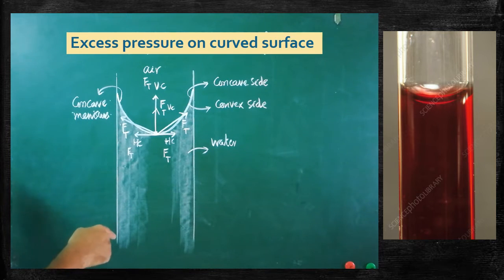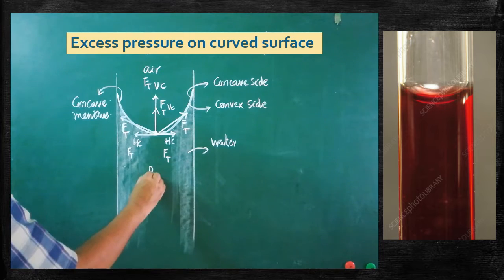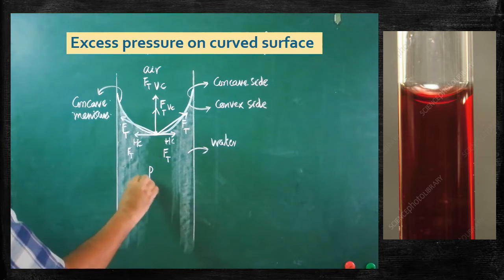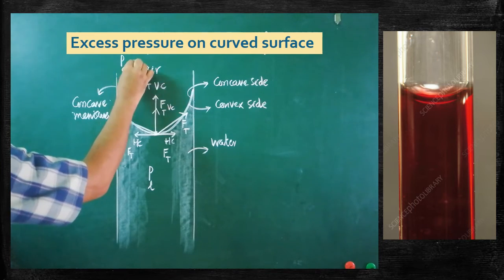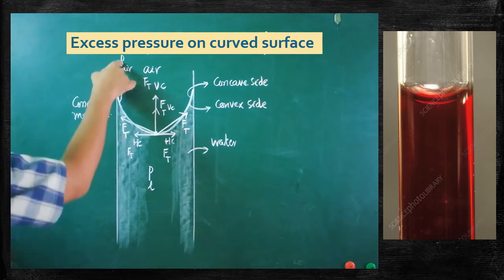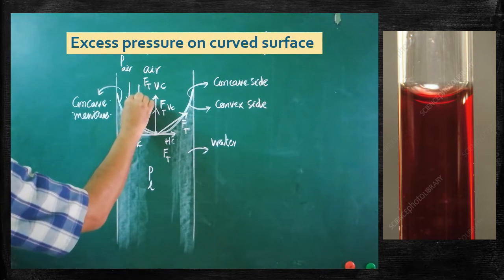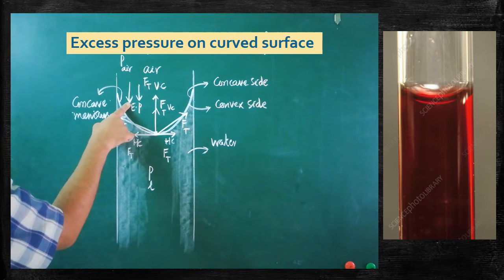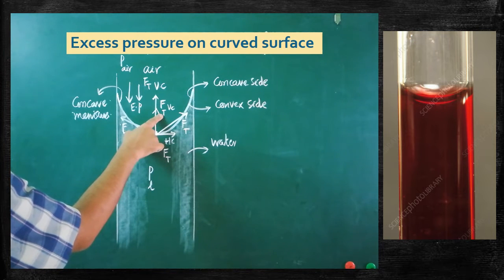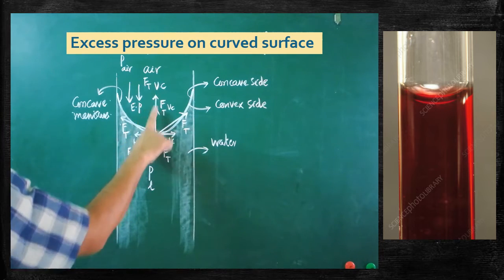So clear? So how will the pressure act? Difference in pressure. Here the inside pressure can be taken as PL, pressure in liquid, pressure due to liquid. This is the pressure due to air. Are you clear? In between these two pressures, there is a difference in pressure. That difference in pressure is called what? Excess pressure. Are you clear? The excess pressure will balance the net force due to the vertical component. So this is the net force due to vertical component.